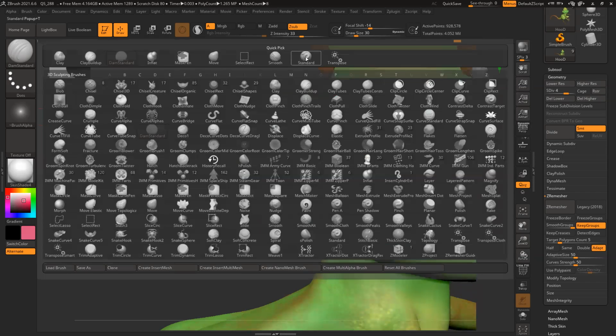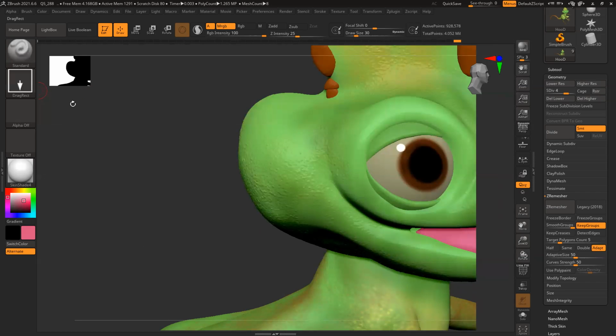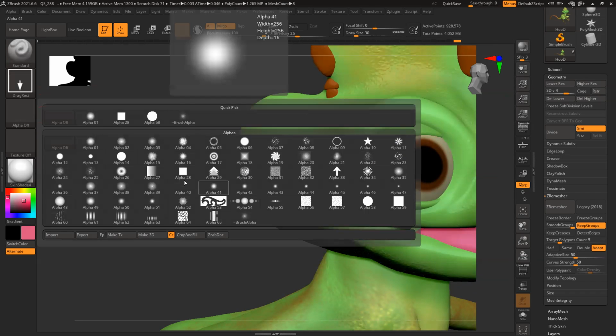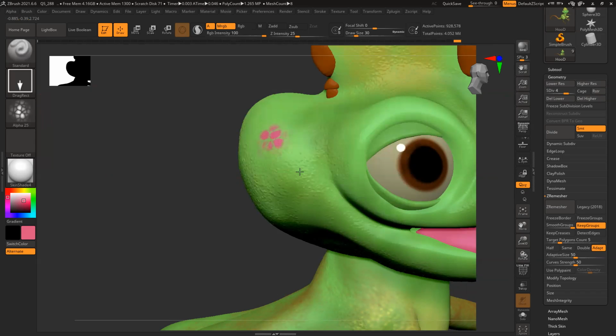And for skin detail, suppose I want to add some scale to something. You can see by default, there are a lot of alphas. With no RGB, I can add those things very easily if I want. I don't want it.